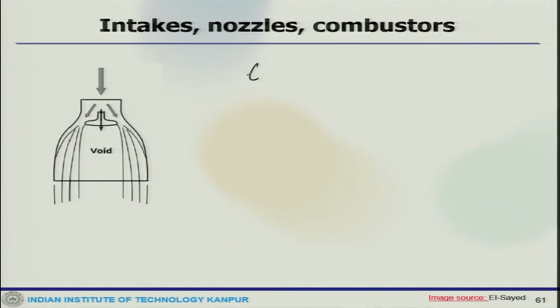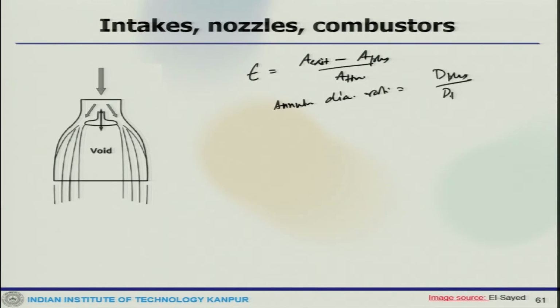Here the expansion ratio could be A exit to A plug by A throat, and the annular diameter ratio is D plug by D throat. This ratio is used to measure the nozzle geometry for comparing with other plug nozzles, or if it is radial inflow type,